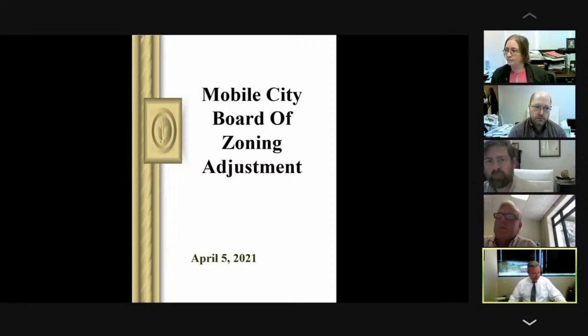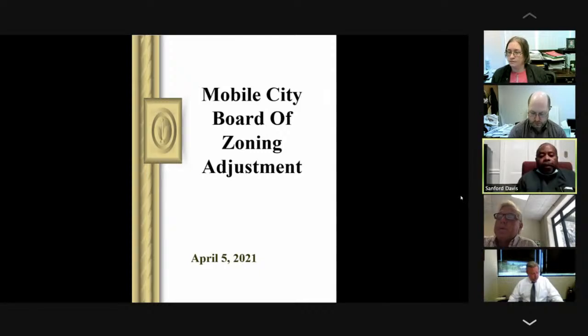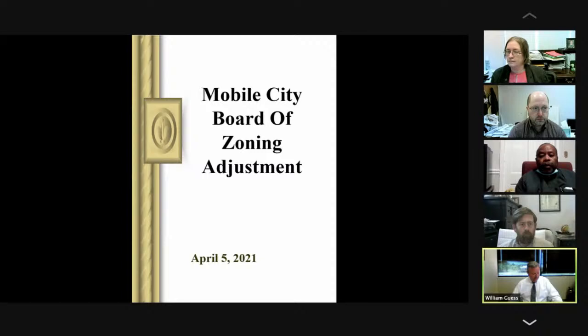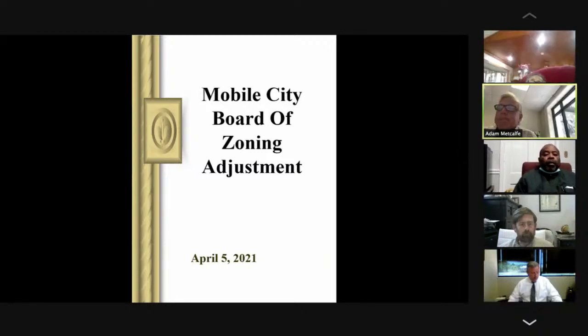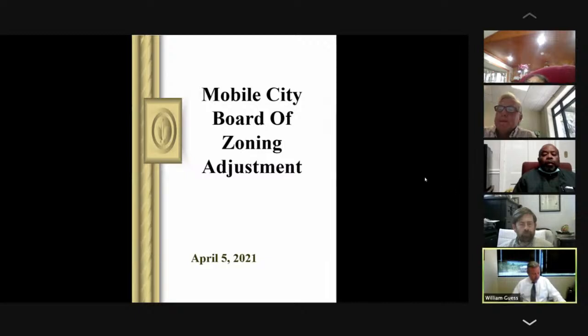Mr. Davis? Here. Mr. Coleman? Yeah. Mr. Golden? Here. Mr. Metcalf? Here. Mr. Milling? Absent. Mr. Burrows? Here. And I'm William Guest. So we have 6 out of 7 members present. We have a quorum. It requires 5 members to vote to affirm a motion, either to deny or approve a variance